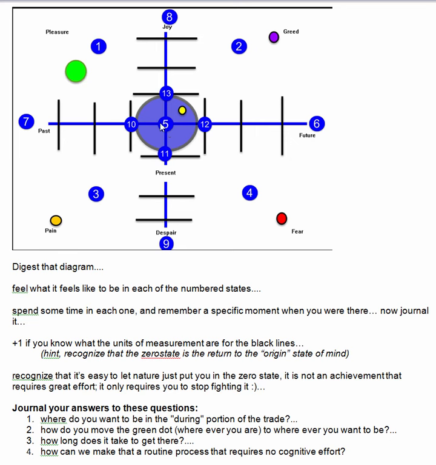Just observe, record it like a scientist. The more you observe it, the more quickly you'll do it, and then it becomes routine, no big deal. Normalize it. And how can we make this a routine process that requires no cognitive effort? Like a high five, or rally around the flag, clap your hands, snap the rubber band. What's the trigger that you can embed? That's a rehearsed behavior. So that's your task for part 2 on the zero state.